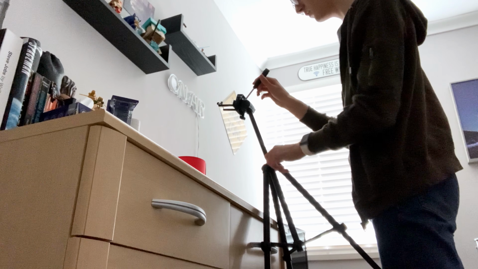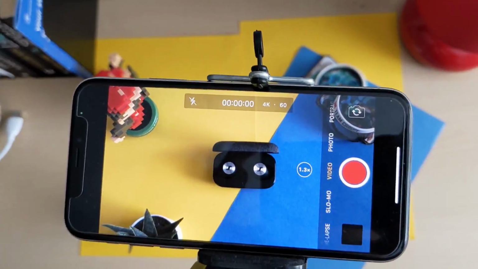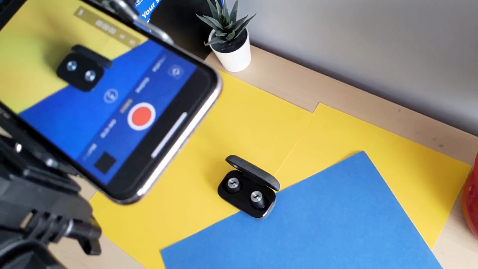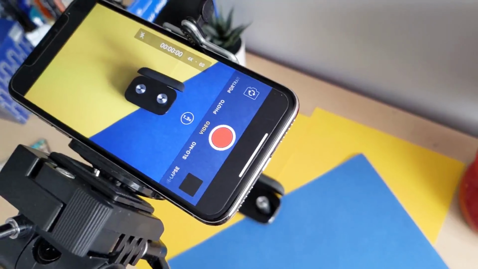The other main B-roll technique that you may have seen me do is the top-down shot. Essentially, I extend the tripod to the max and make sure that my phone's point of view is looking right down onto a surface from a bird's eye view, and then from there I place some kind of coloured card as a backdrop, and then the main thing that I want to show you in the centre of the